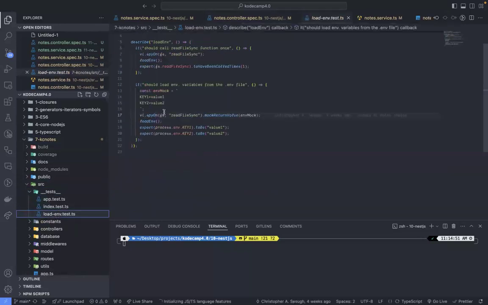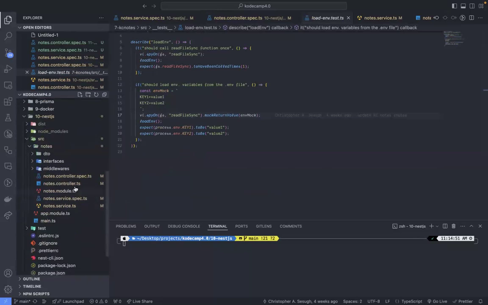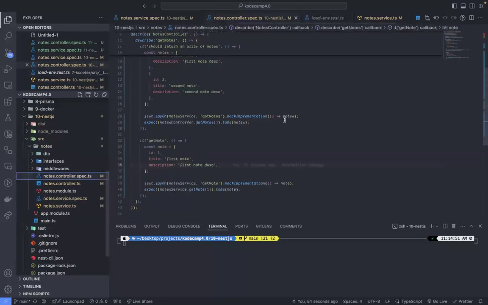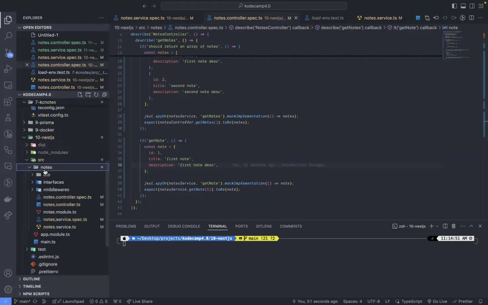Spy on. Okay, we spied on the fs function, basically the readFileSync, the fs object, and importantly the readFileSync, and we mocked the return value. For this one, we mocked the return value, which is the env mock. But in Jest, we're doing something slightly different. We're mocking the implementation. And as you can see, we have a callback function that returns the notes. So when you call this, we're expected to return the notes, an array of notes. Okay, so now that we've shown how we can run unit tests on the service and controllers,